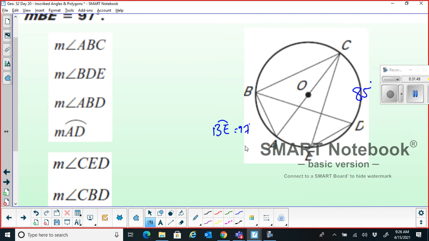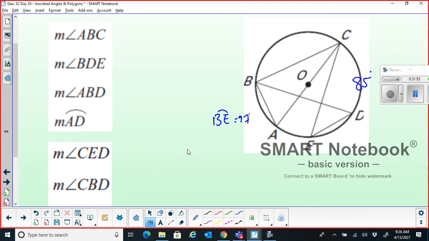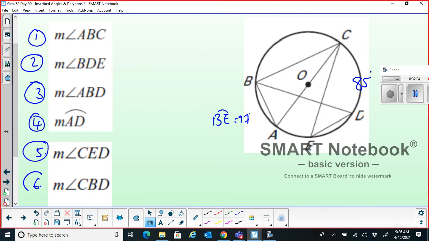I want you all to try this for a while and then I'll help you. Just try for a while. I'll label them 1, 2, 3, 4, 5 and 6. Just try these 6. We will go over the solution in a while. If you have the answers, you may leave them in chat.